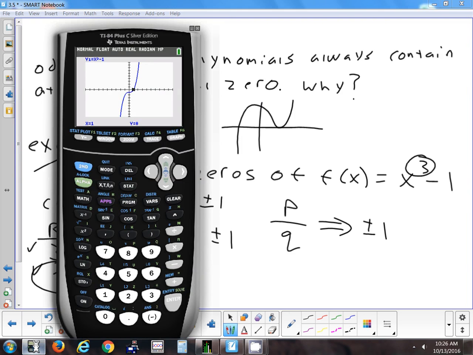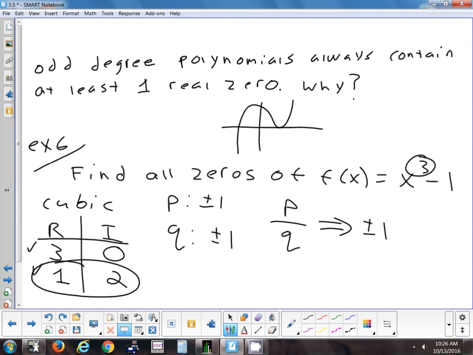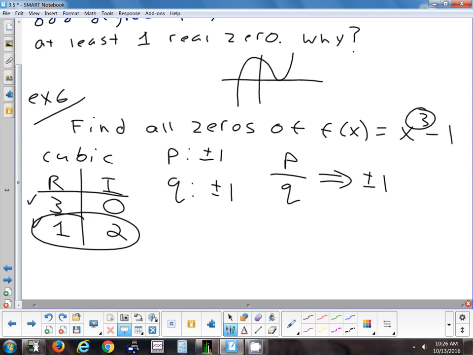It could be the case where you have it repeated 3 times. We won't know that until we divide through synthetically by 1 and then solve it from there. So technically it still could be the case where you have 3 reals all repeated, but you'll see in a second. All right, so let's divide through synthetically by